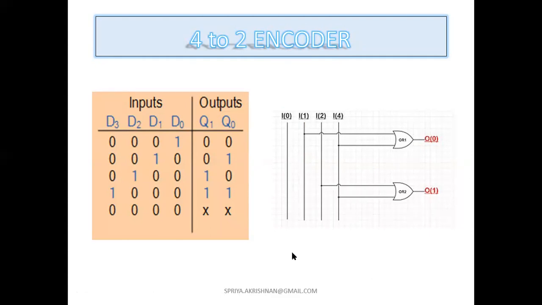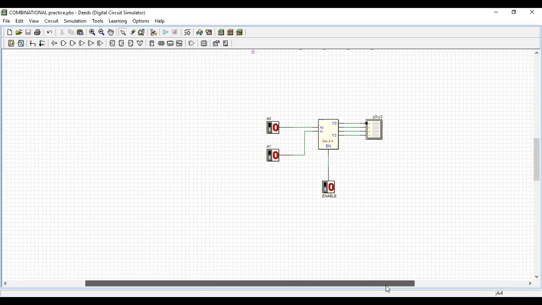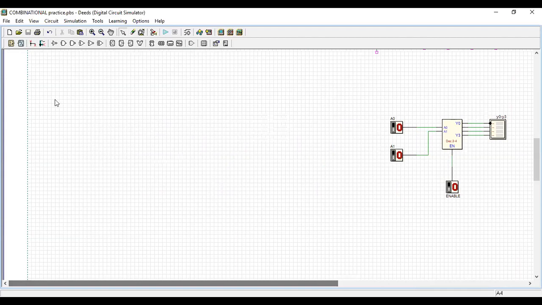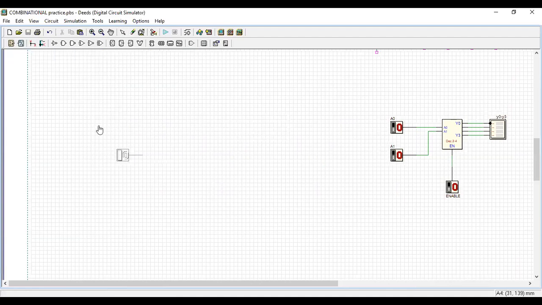So this is a 4 cross 2 encoder. This portion I will use for the 4 cross 2 encoder. How many input switches do I want? I want 4 input switches.